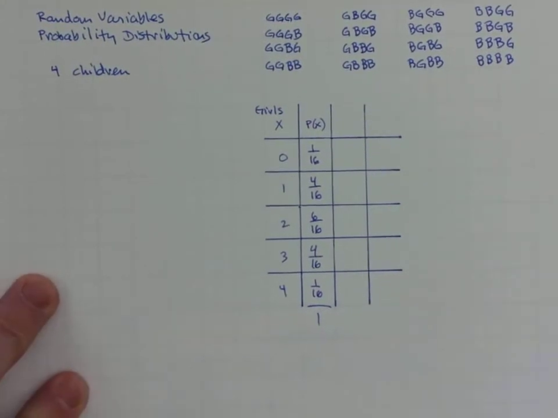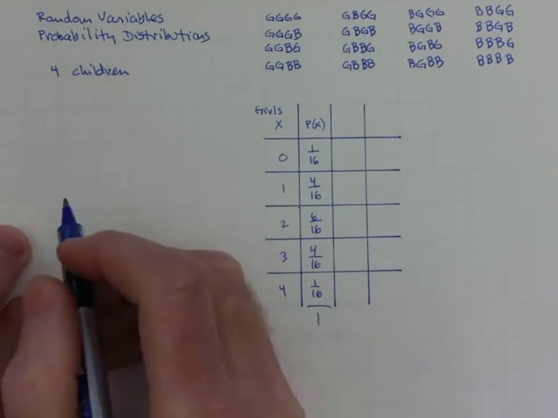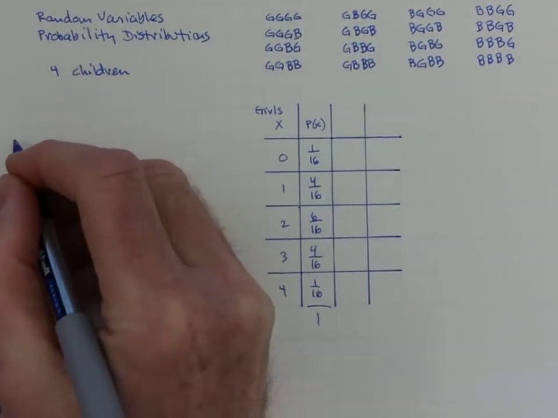to ask ourselves what the average number of girls would be if we had 16 families and their outcomes in terms of numbers of girls exactly conformed to expectation. So what would the average number of girls be across all those families then? Well,